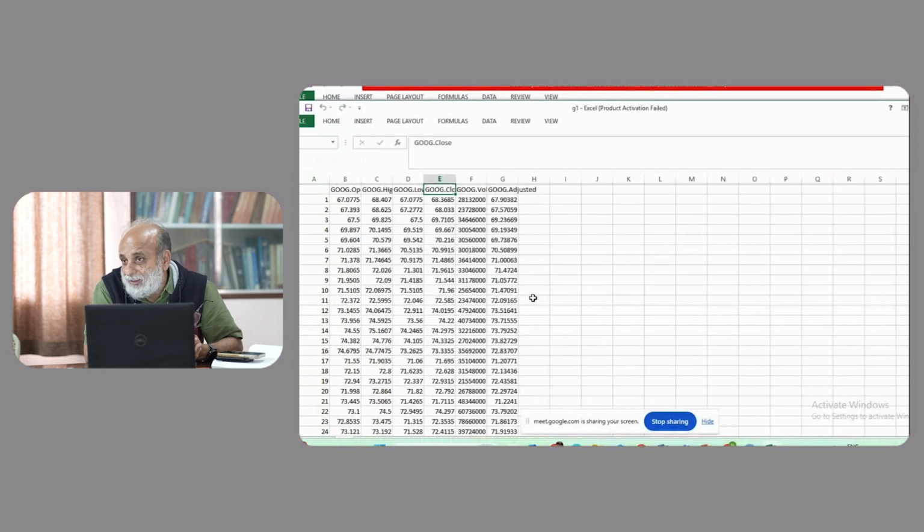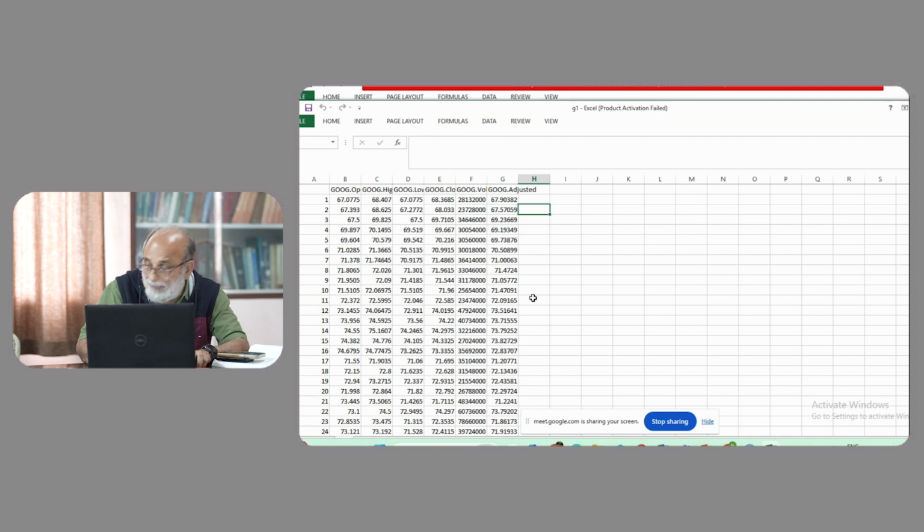Today's price minus yesterday's price upon yesterday's price. That's the percentage change, right? Into 100. Today's price minus yesterday's price upon yesterday's price will give you the proportionate difference between today and yesterday as a fraction of yesterday. If you multiply it by 100, you will get the percentage change. Right? Sure? Yeah? So if you want to get the percentage change, for example, if you look at Google Close,